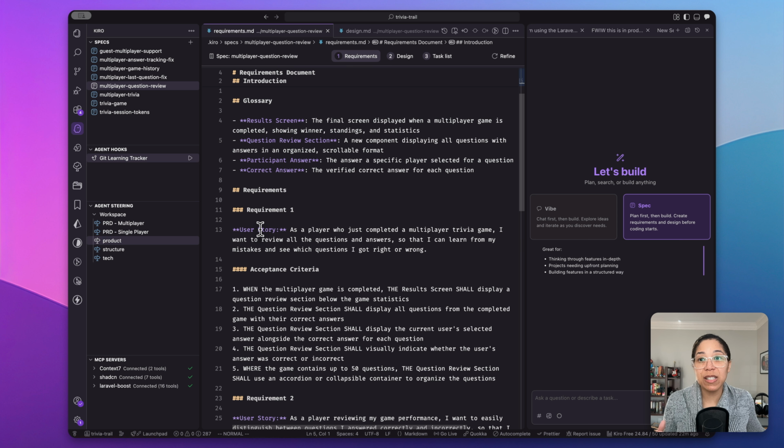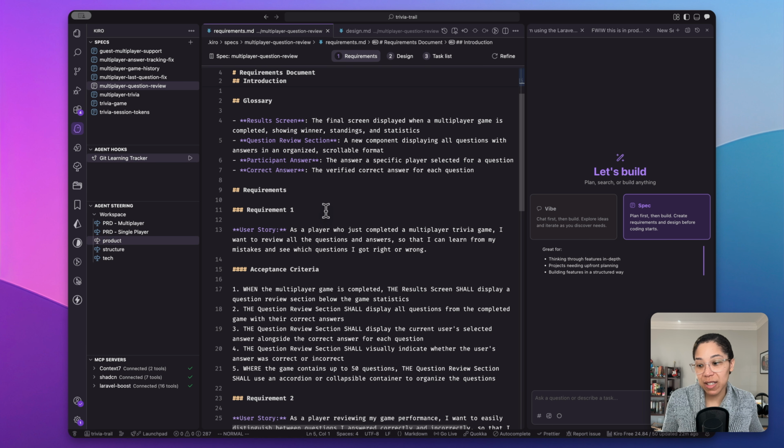And the cool part about it is that Kiro will confirm with you before it moves on to creating the next markdown file. So it's constantly asking you, hey, do you approve of this? And you can go in and manually edit the markdown file, or you can prompt Kiro and say, no, I actually want it like this, and it will go in and update the requirements file. The decision is yours, but it really wants to make sure it has your buy-in before it moves on to the next part. And the more specific and accurate you are in your description and explanation,